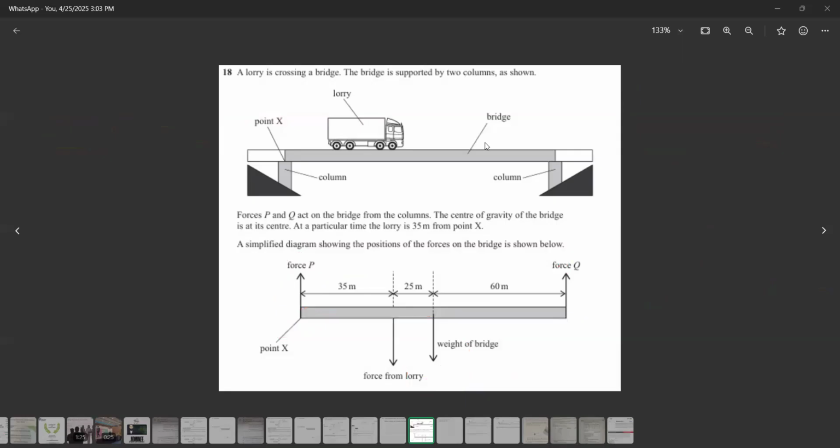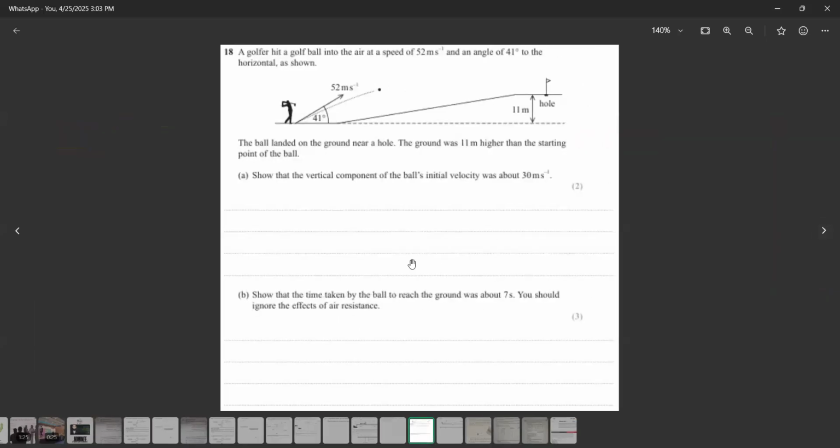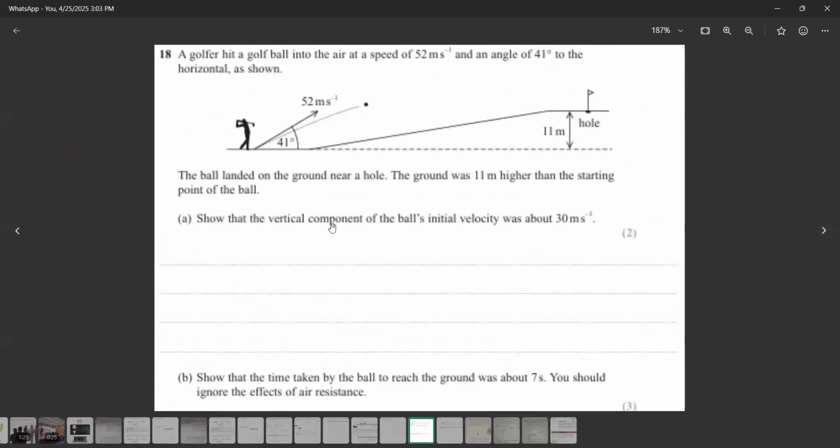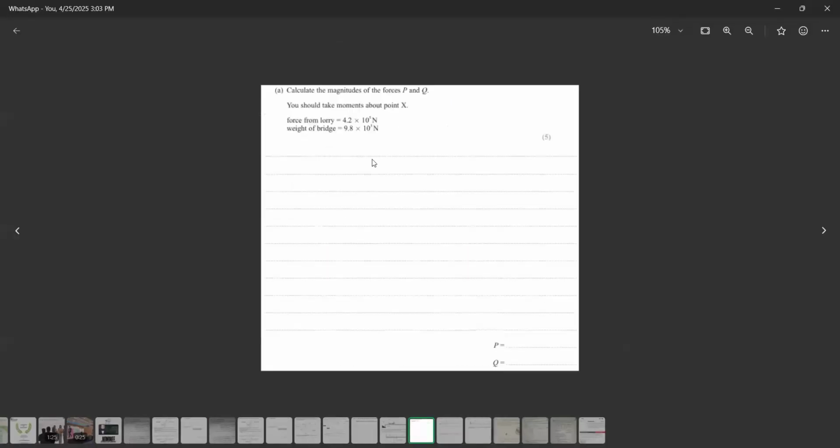That's how you'll get the two supports. Golfer hits the ball into the... how to get P? Okay, yes, I'll repeat. See,